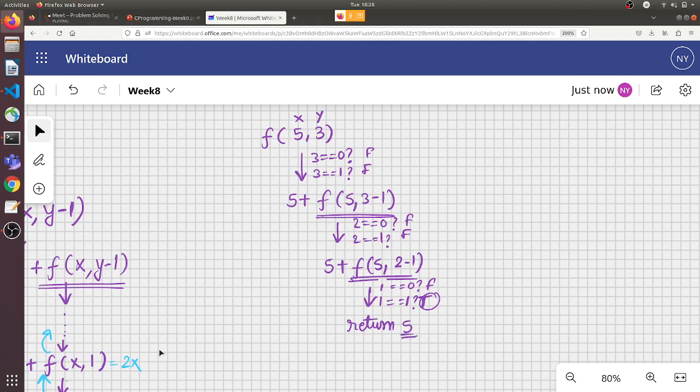Okay, so now it returns 5 from here, which goes here. So what it will do, it will add 5 with 5, so 5 is returned here. Now this call returns here as 5 plus 5, 10. This call here returns here as 5 plus 5 plus 5. So this is your final